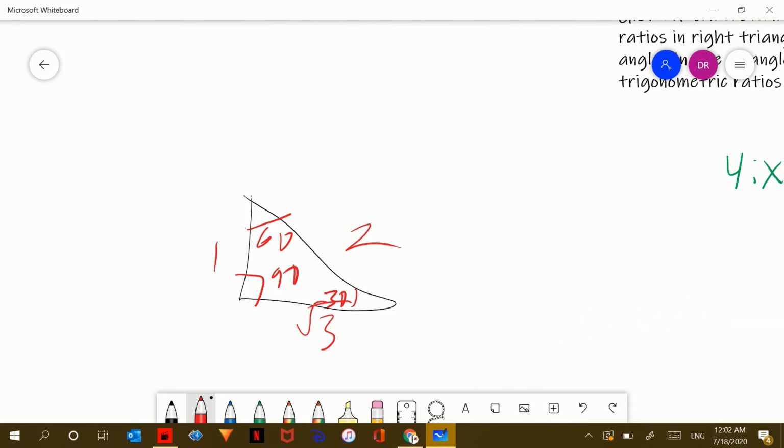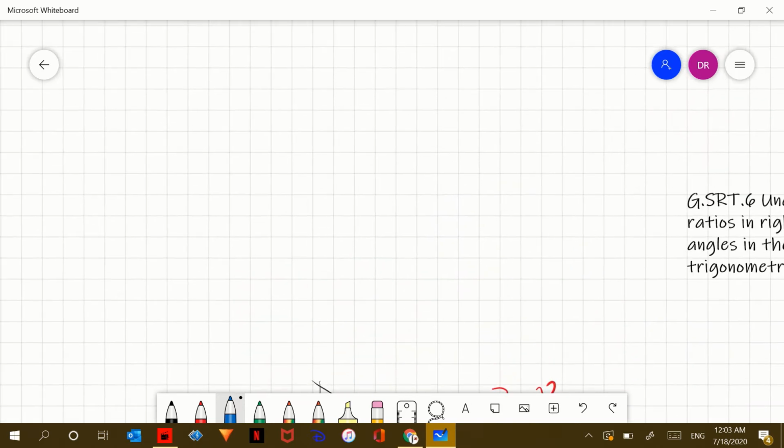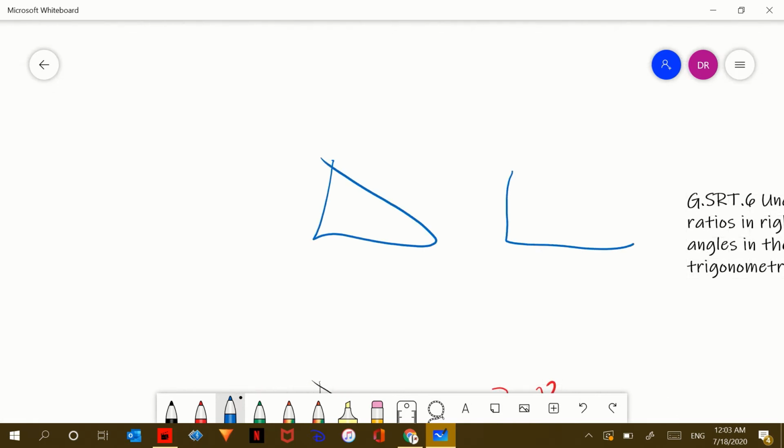Okay, so knowing this, let's say this length was 10. This length would be 20, because, again, you can set up the ratio. We have 10 and x. Let's name this side x. For every 1 of 10, there's 2 of x. If you do the same thing, cross multiply, 20 is equal to x. So the important thing is just to remember these ratios, so it gets easier to